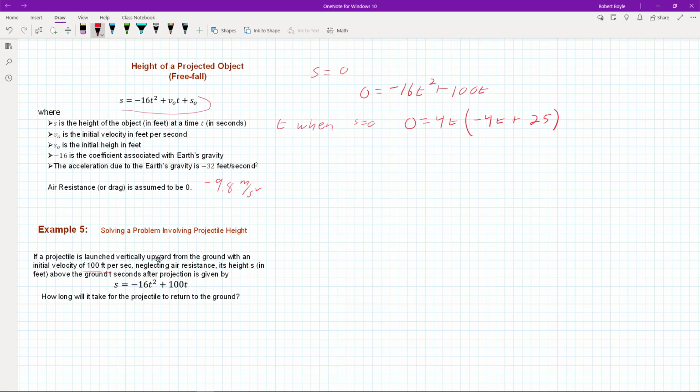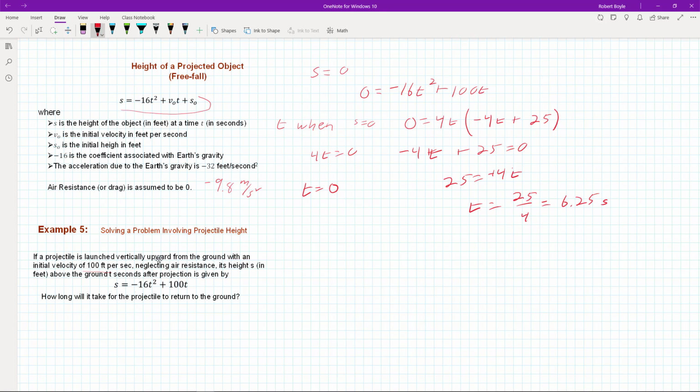Okay, and then our solutions will be 4t equal to 0, and negative 4t plus 25 equal to 0. Well, the solution to the first is t is equal to 0. The solution to the second is 25 is equal to positive 4t, my apologies, and therefore t is going to be equal to 25 over 4,